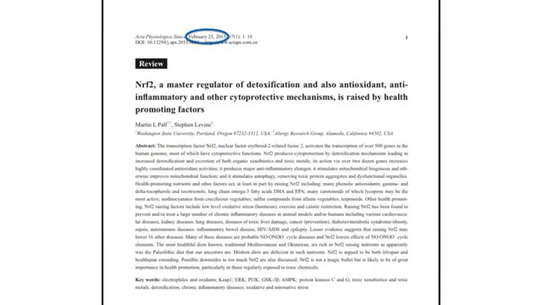An article that came out in February of this year, and it's a fantastic article for anybody who really wants to dig deep into NRF2, what it can do, what it's been proven to do in different studies. And I'm going to talk a little bit about some of the findings that were discussed in this article.